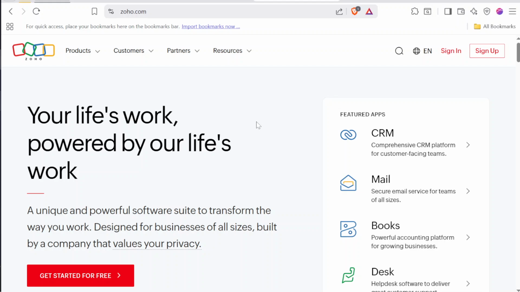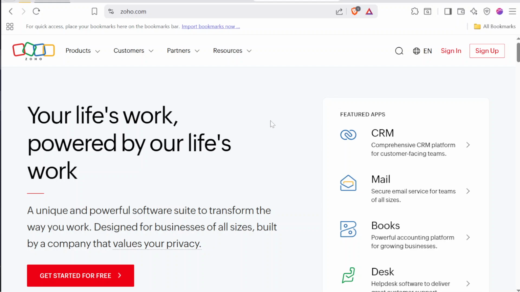If you've ever needed to update your contact details on Zoho, today's video is for you. I'm going to show you how to change your email on Zoho Invoice. Maybe you've created a new email address, or maybe you simply want to switch from an old one to keep your account up to date. Whatever the reason, the process is quick, straightforward, and I'll guide you through each step so you can get it